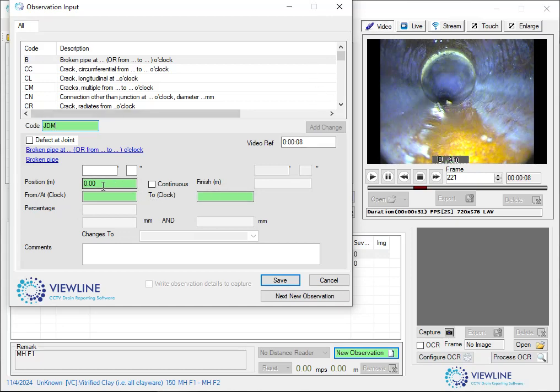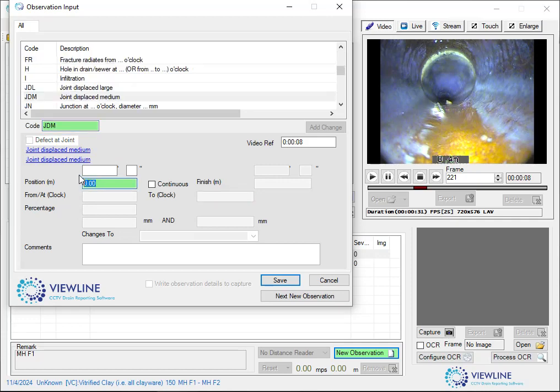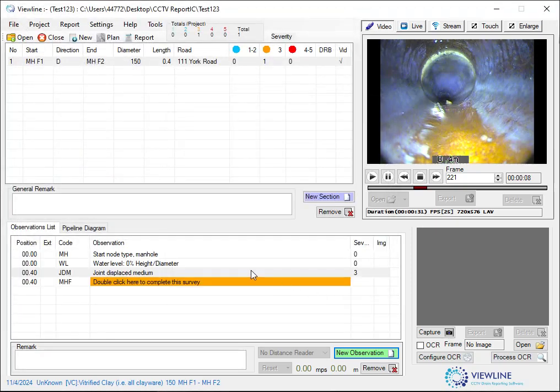We take the position. So in this one, it's 0.4 meters, and that's all we really need. We don't need anything else for that defect. In fact, we can't add anything else because that's all that defect requires. So Viewline does do that. Okay, so we're working to WRC standards or MSCC 5. So whenever we see something, there are attributes that are required for any particular defect. A joint displaced medium just requires the position. So we'll save that. Okay, and we can see that here now selected,